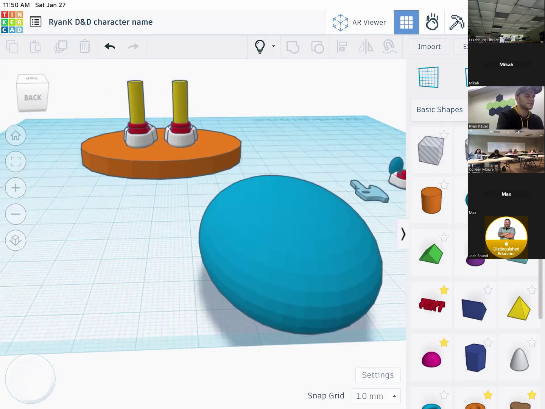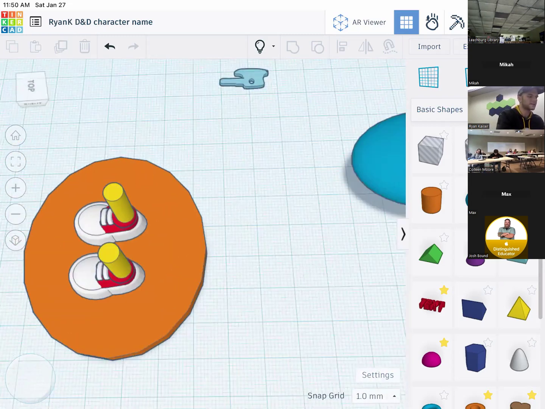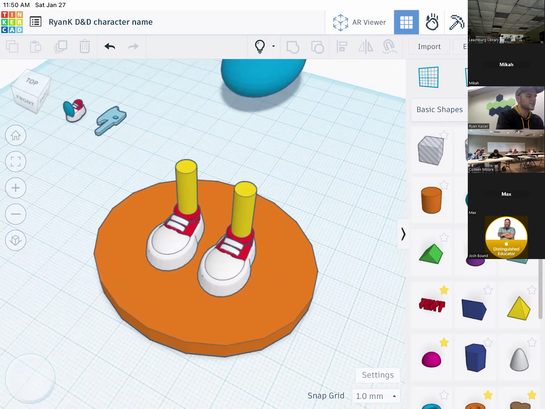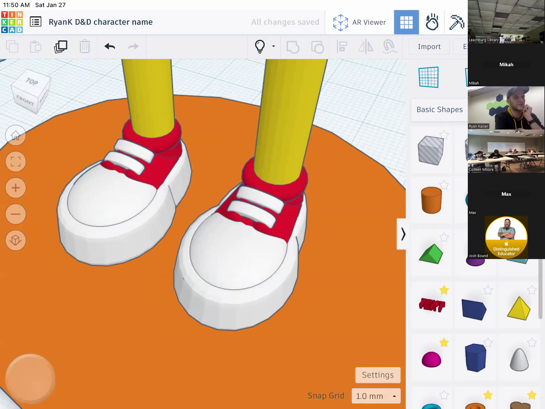So each of these details, like coming back to the sneakers, for example, each of these things that you see on the sneakers, the base of the sneakers would have to be created. And then the white part of the sneaker that sits up on top would be another shape. And then the ring that goes around where the leg goes in, that's another shape. And then each of the things coming across for shoelaces are another one. So each of the details that you're going to want, you're going to have to zoom in and create those